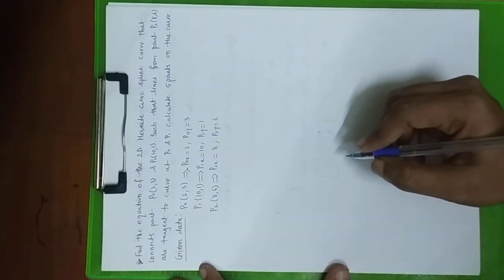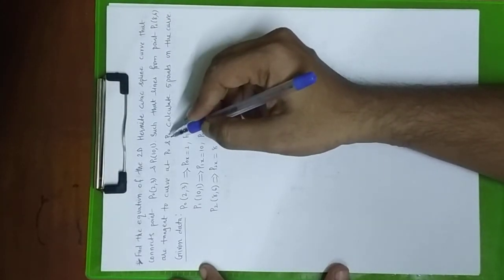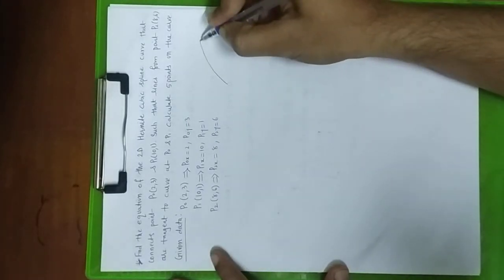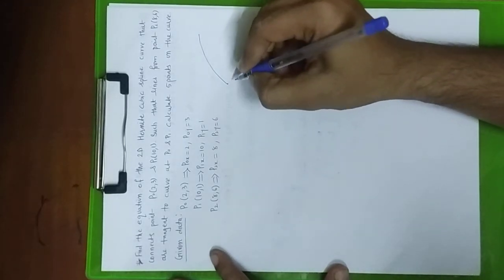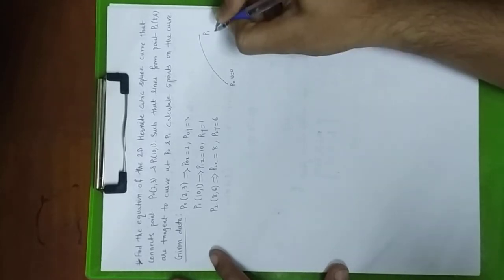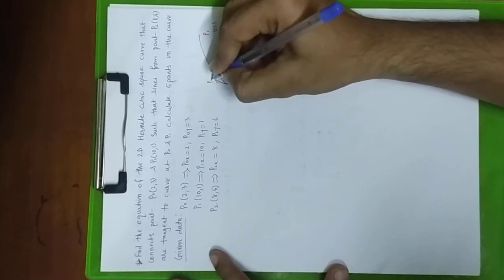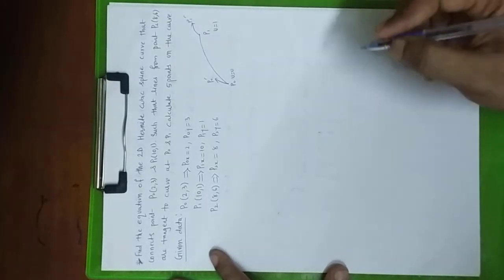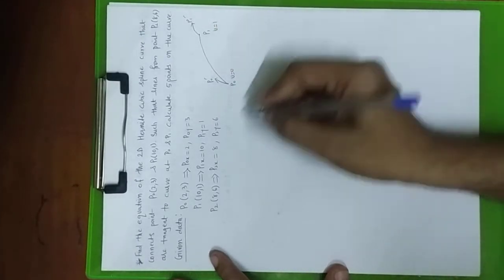We need to find the tangent vectors, meaning we need to find P0 dash and P1 dash. Okay, because P0 dash and P1 dash are the tangents. As you all know, this is the cubic spline curve from P0 to P1 having u equal to 0 here, u equal to 1 there, and that tangent will be P0 dash. The next tangent will be like this way, P1 dash. So we need to find P0 dash and P1 dash.